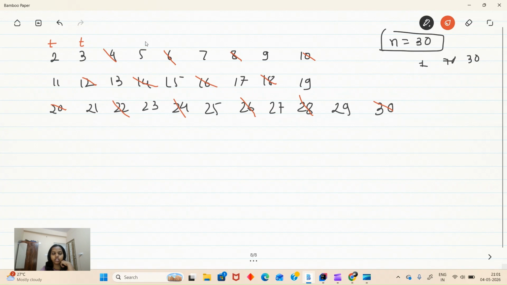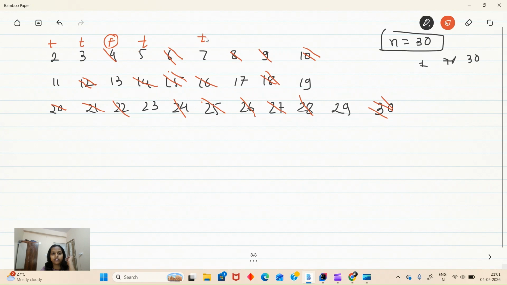Now 4 is false. For 3, the multiples of 3 are 6, 9, 12, 15, 18, 21, 24, 27 and 30. Some are already false, so we will not see them again. Next, 5 is true, so we consider its multiples: 10, 15, 20, 25 and 30.